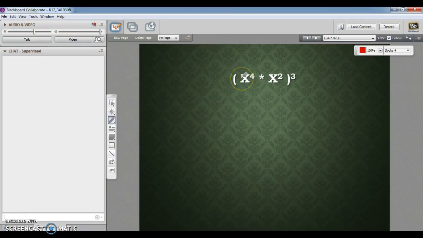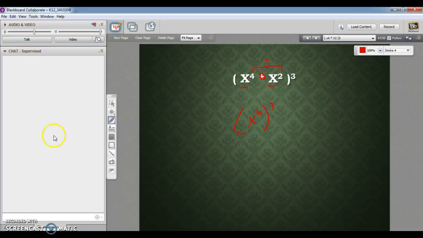We have the product of x to the fourth and x squared raised to the power of 3. Right, so we have this being multiplied by that, and then this grand total being raised by 3. So we can do a little bit of PEMDAS work, if you will, and start out with our parentheses. The base is the same, and they're being multiplied. So that means that this 4 gets added to that 2, giving us x to the 6